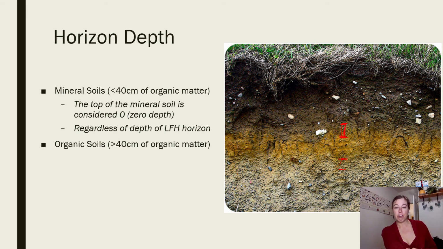You want to measure your depth, so you need to figure out where your LFH layer ends, and that's 0. And then you need to get the deepest part where you can see that horizon, the shallowest part where you can see that horizon, and sort of an average. If this starting point is 0, like you have all organic up here,